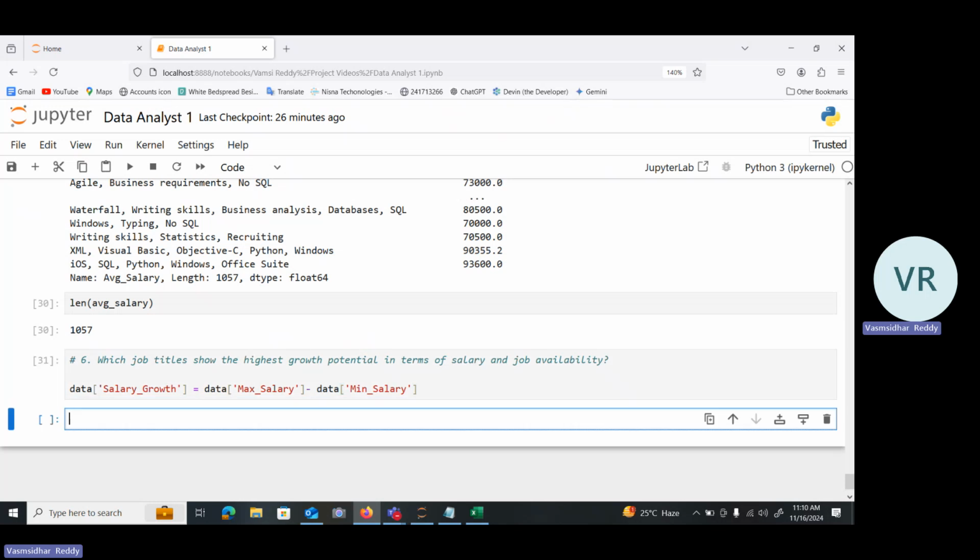Okay, everything is good. Now I'm going to see which job title shows the highest growth potential. So let me create one more, job underscore analysis. This is my job underscore analysis. I'm doing some analysis on the job: data dot group by, based on the job title. I'm doing the group by dot